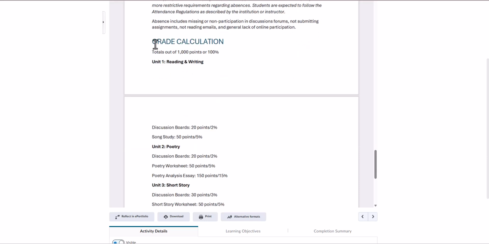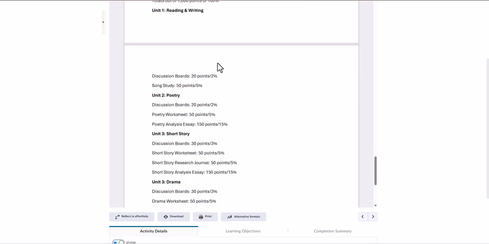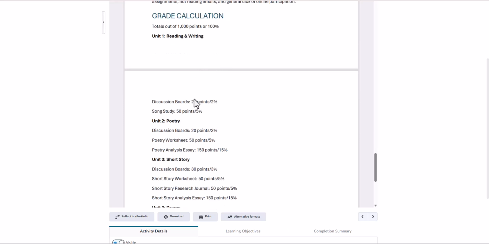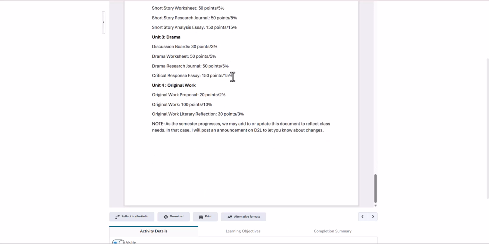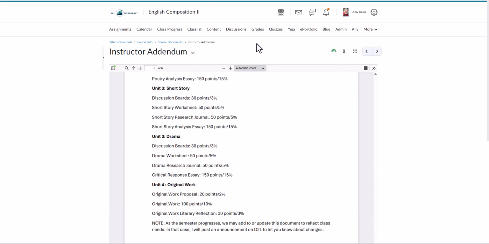Then this here is the grade calculation breakdown, rules of how everything's broken down. So look through this instructor addendum and let me know if you have any questions about it. Again, this is the policies for just our specific course, and you do need to